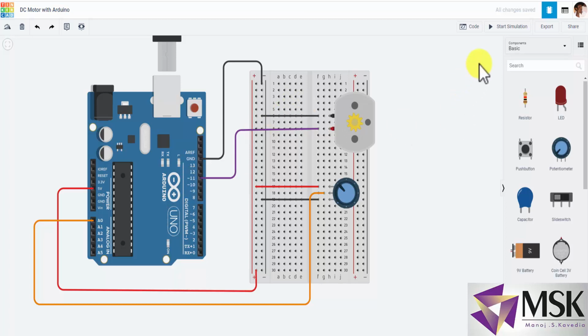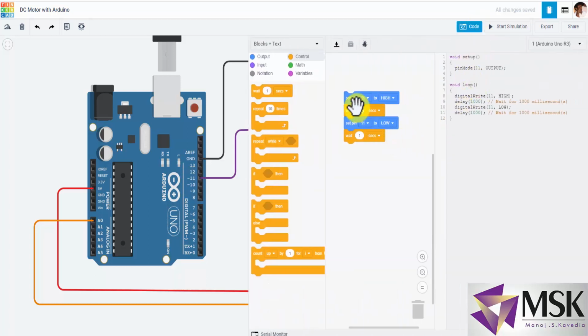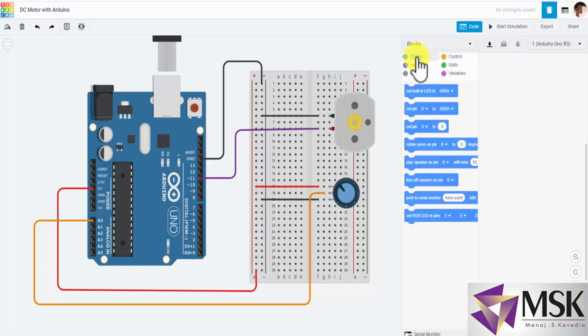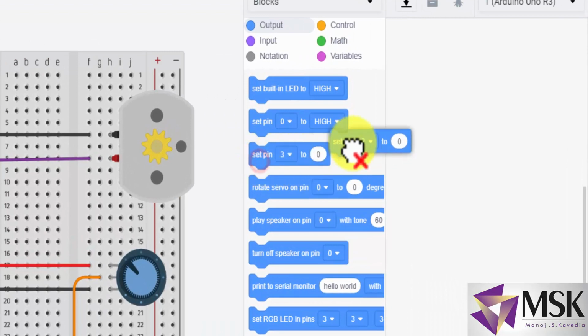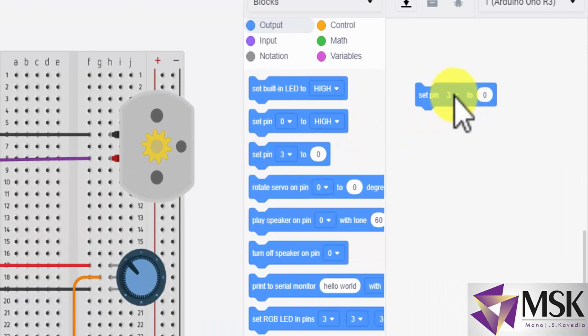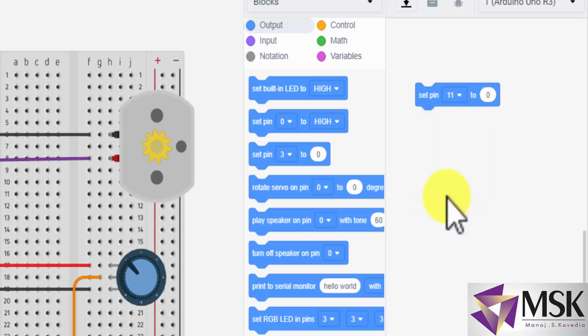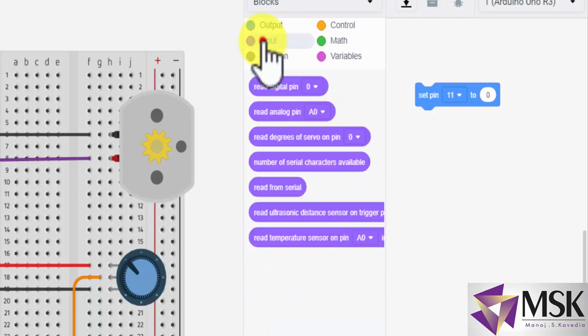Fine. Let's see the block of the code. So I'll take the output control, I'll take set pin. Now in this case you can see the pins are limited: 3, 5, 6, 9, 10 and 11. So these are PWM pins. So I'll set it to 11, and now what I'll do, I'll take input.